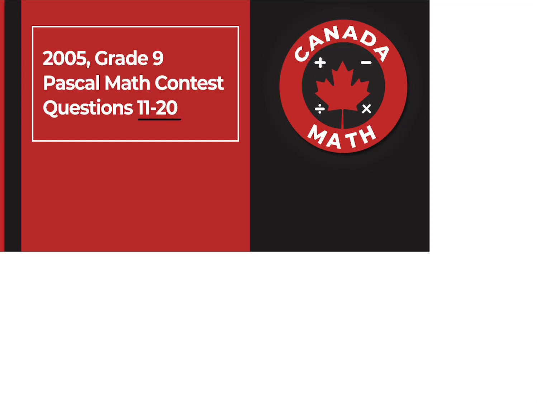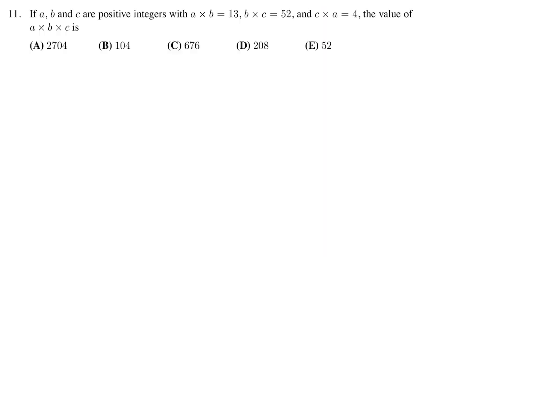Questions 11 through 20 on the 2005 Grade 9 Pascal Math Contest. If a, b, and c are positive integers, and a times b is 13, b times c is 52, and c times a is 4, the value of a times b times c is